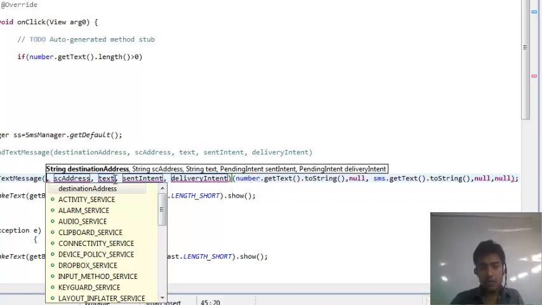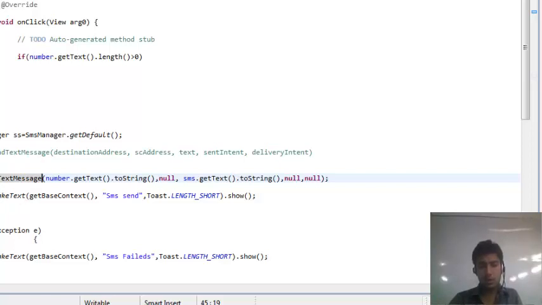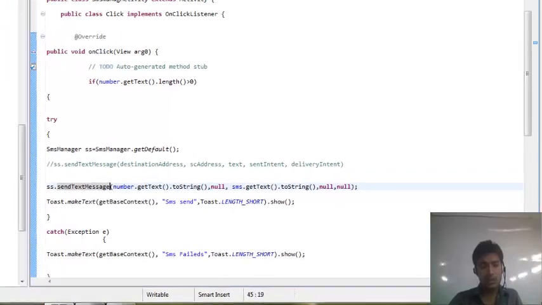Next we have the text, which is whatever we enter in the SMS text box. Then we have the delivery intent. We do not use the delivery intent here, because we have already used the SMS manager class. If this logic is applied, then a toast should come saying that the SMS was sent.